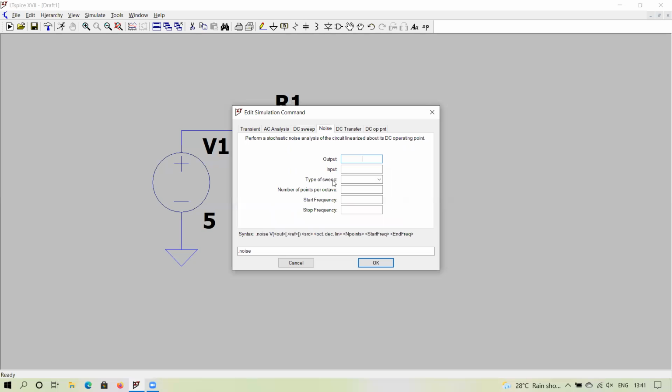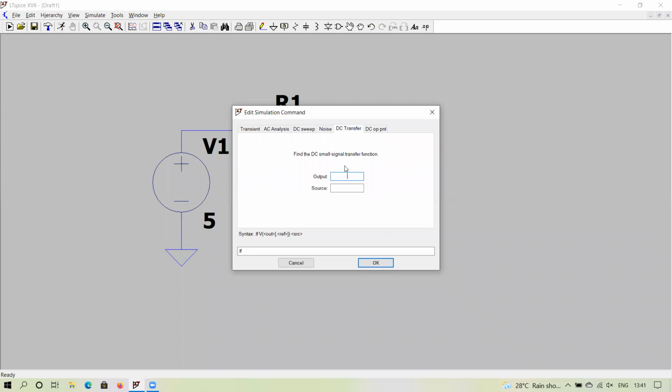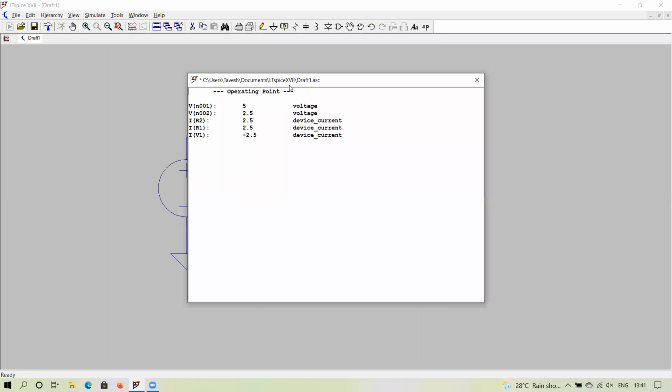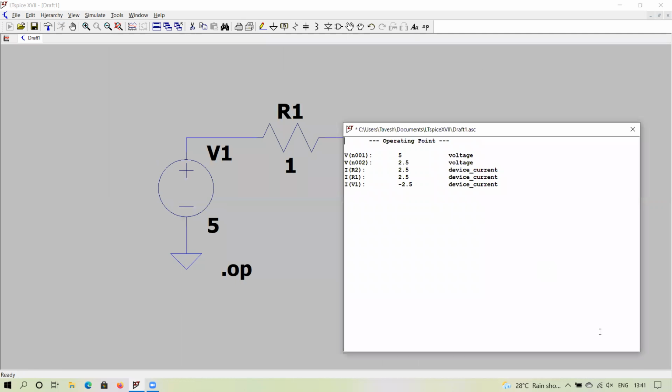And this is for the noise. This is for the transfer function. And this is for the DC analysis. First, we will do this. Okay, so now this is the command .op. This is the symbol to directly run the simulation. Now you can see that